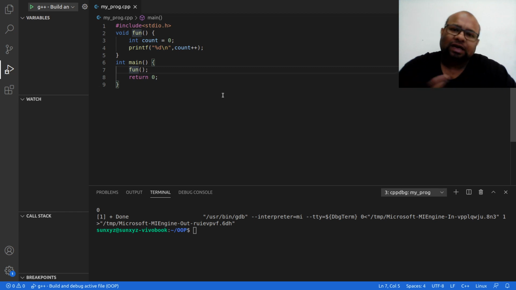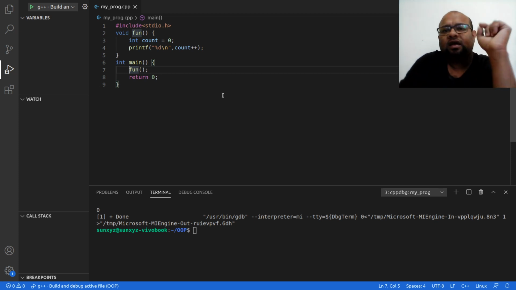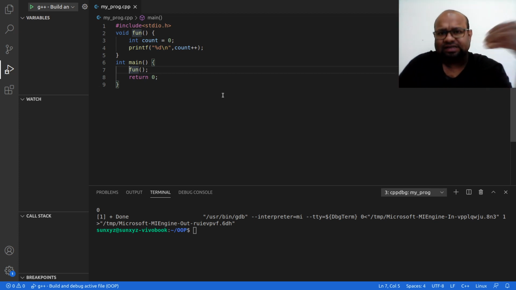What has happened is, in my main function, when I call this fun function, what the OS does behind the scenes is it allocates memory for this fun function's data. There is this local variable in fun function called count.